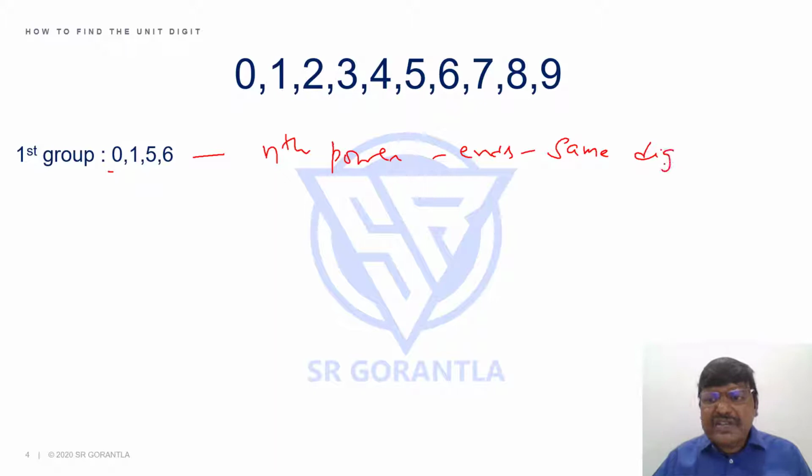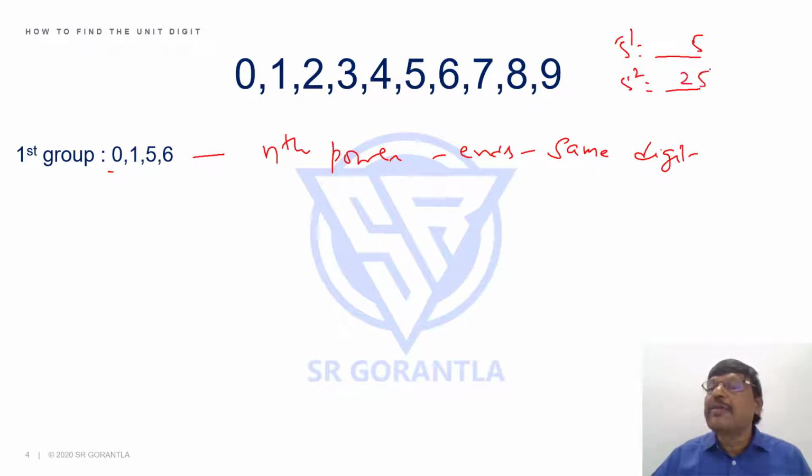Students, this point we discussed in one of the videos in the speed maths module, when we discussed some important points on squares and cubes. Okay, so let's confirm it. 5 power 1 ends with what? 5. 5 square ends with what? 25, means 5 only. 5 cube 125. Is it not 5? Like this, 5 power 4 is 625, 5 power 5 is 3125. It always ends with 5.